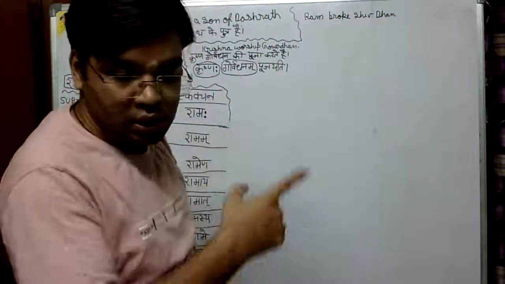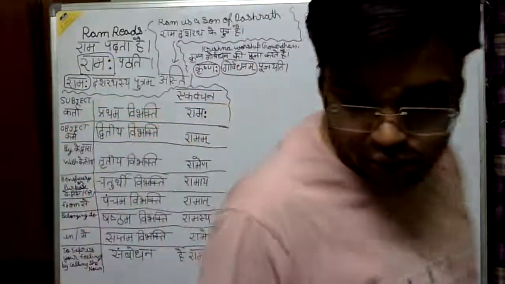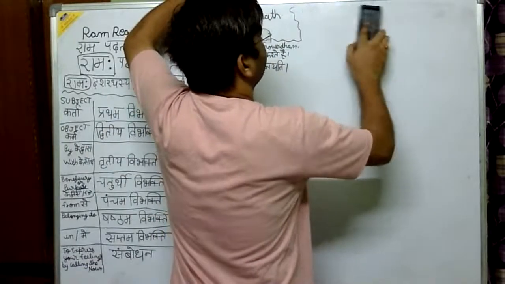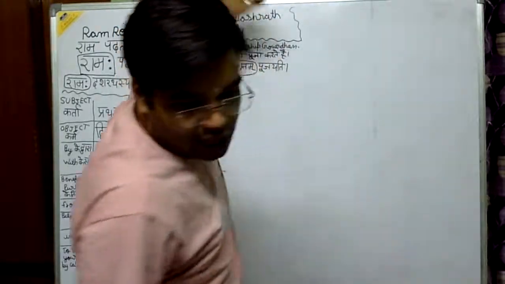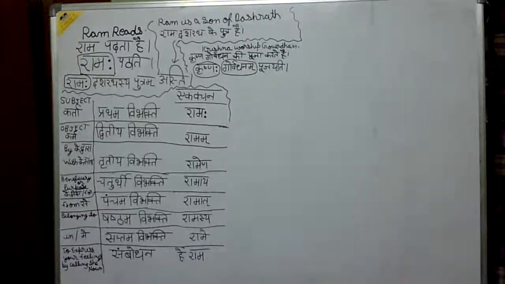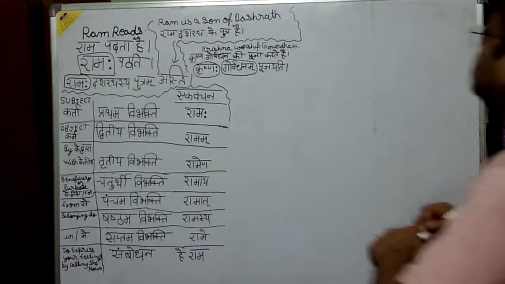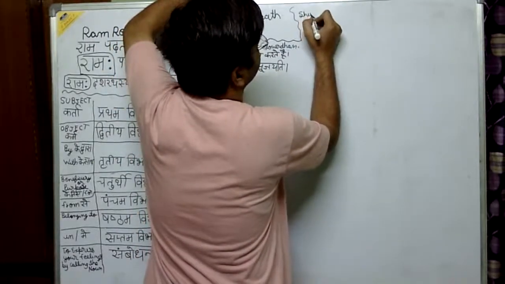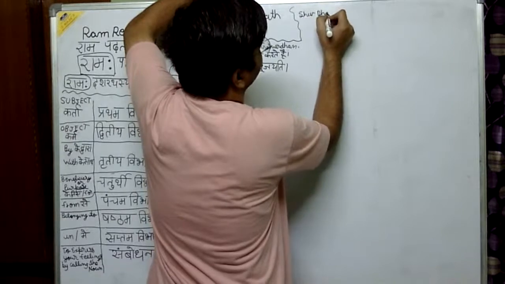No, it's a wrong sentence. I have to use by in the sentence. So this sentence would be: Shiv Dhanusha